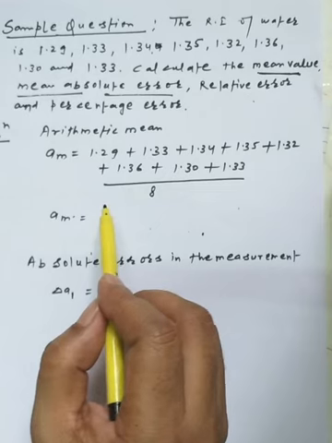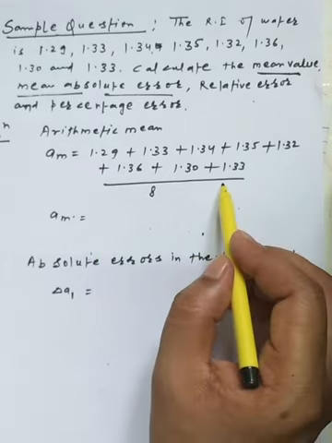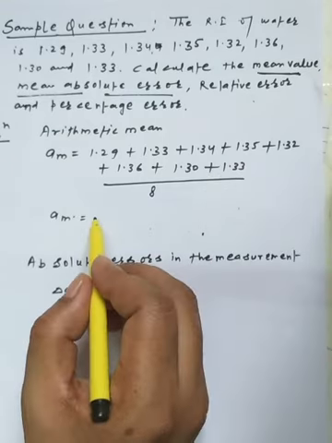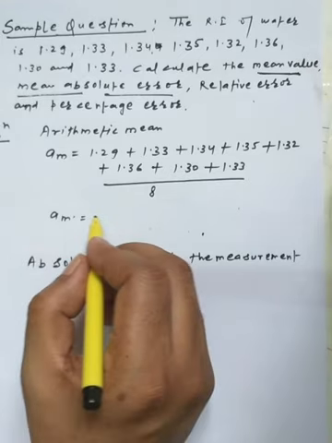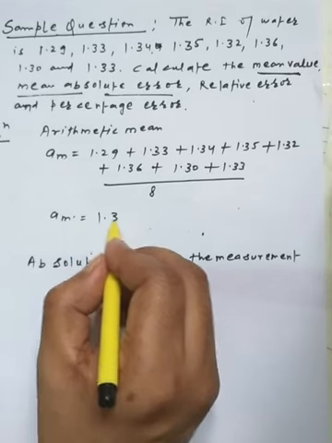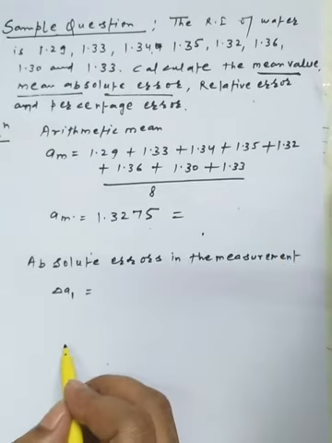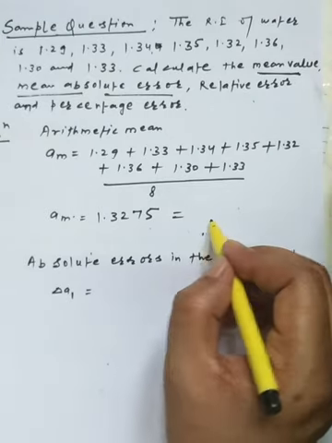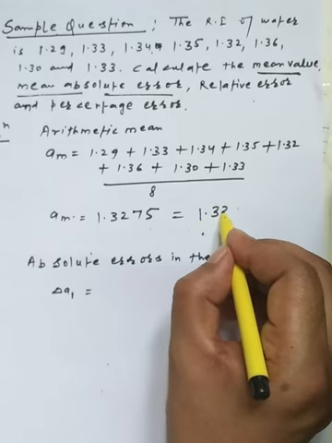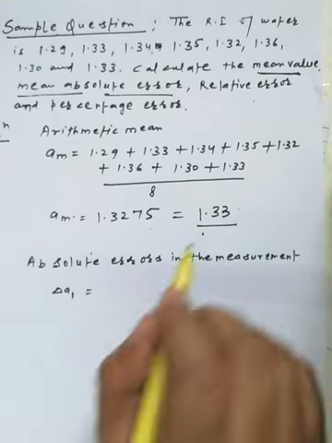So first we get the arithmetic mean of all the values. I have used the general formula of the arithmetic mean, the average of all the measurements. So I am getting the sum of these terms. Okay, so finalizing the calculation, I get the value 1.3275. If I use the round off rule, which we have not completed up to this point, and round off to two places of the decimal point, I'll get the value 1.33.